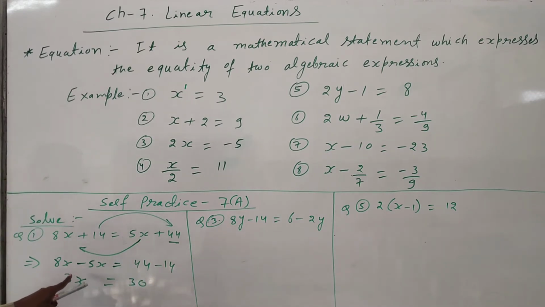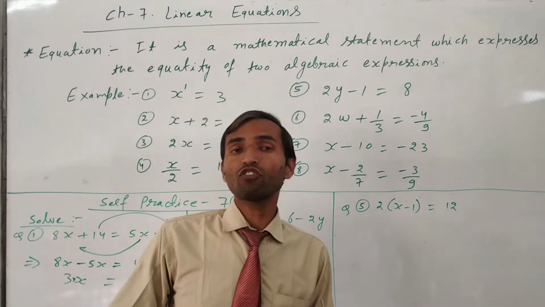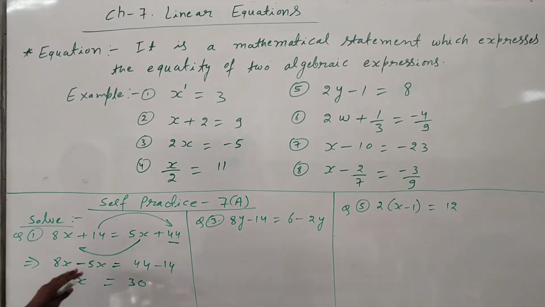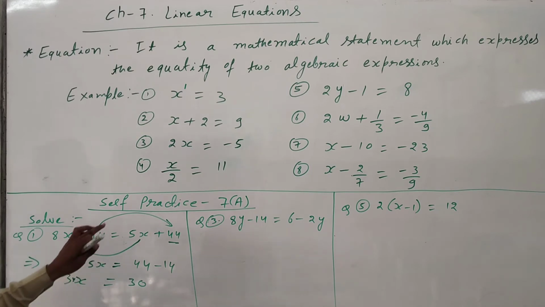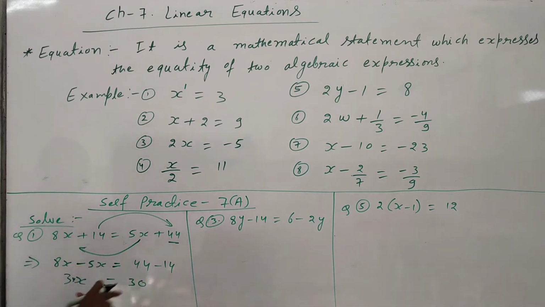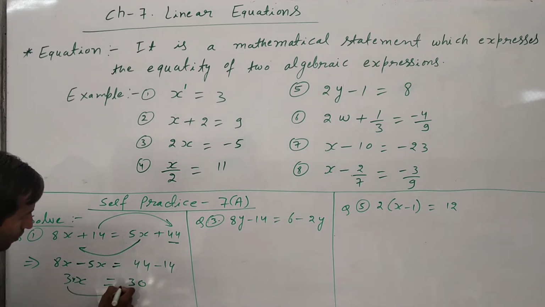Here nothing is written, which means a multiply sign is there, meaning 3 into x. Again we have to separate. We have to find the value of x, the value of the variable. So whatever coefficient, whether a number, integer, fraction or rational number, is given, just transpose it to that side. Okay. So again this 3 will go to that side.